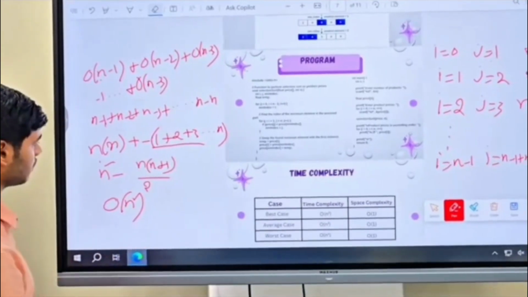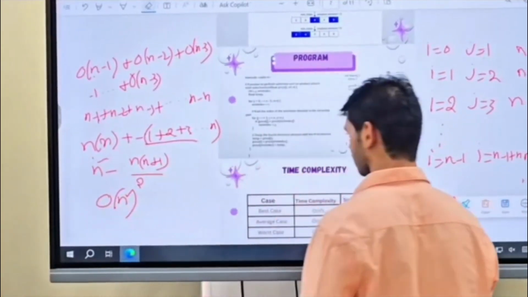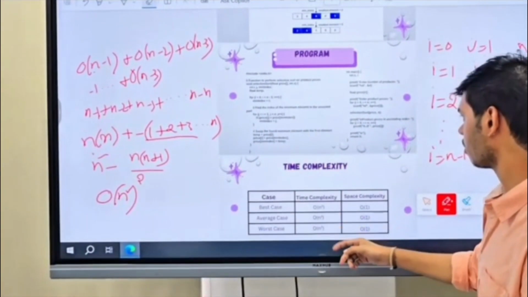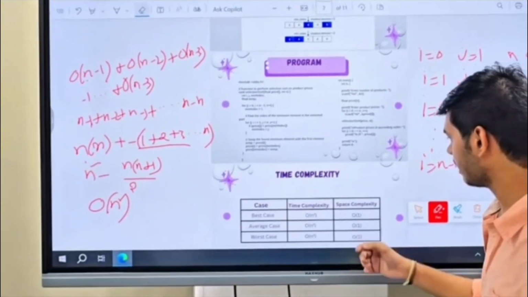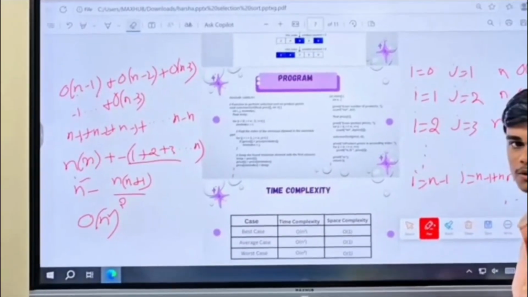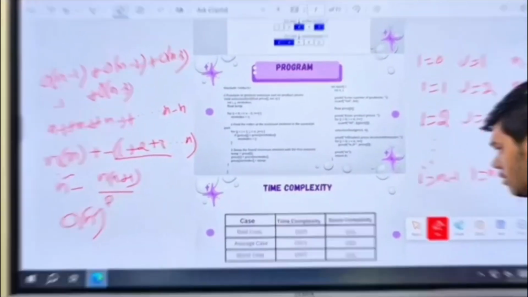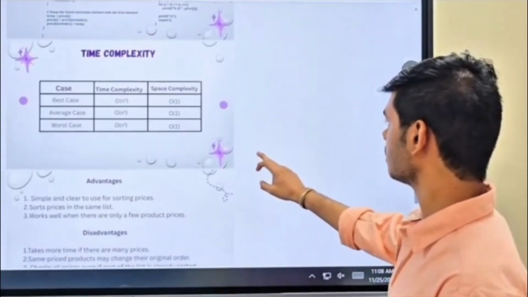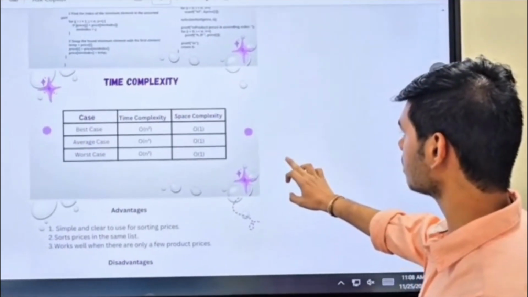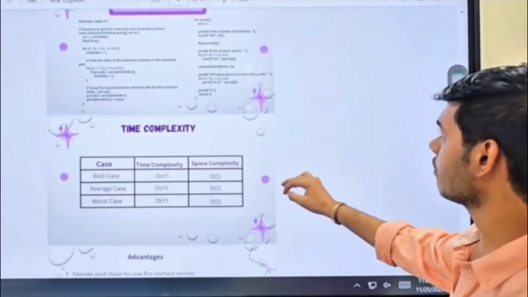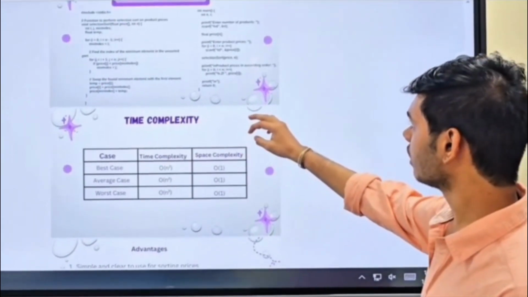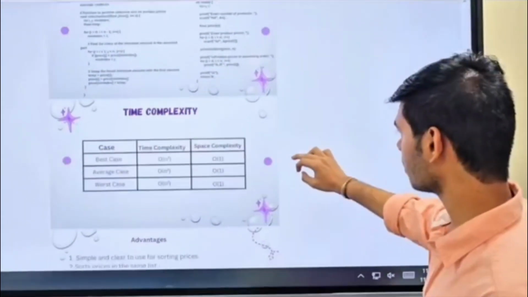This is the time complexity. So the time complexity of all the cases is O of n square, because in any case the comparison is the same, so the time complexity is O of n square. Coming to the space complexity, the space complexity of all the cases is O of 1, because in this code we didn't use any extra variable and we didn't declare any extra array, so the space complexity of all the cases is